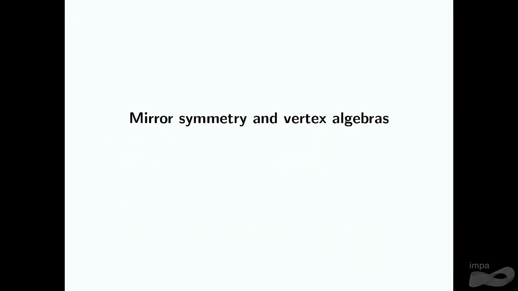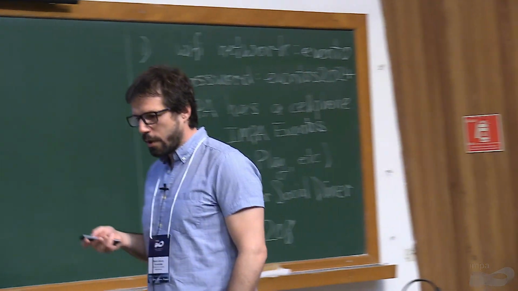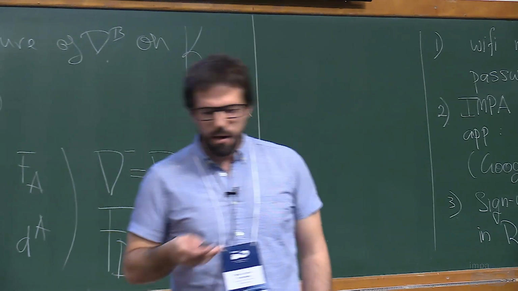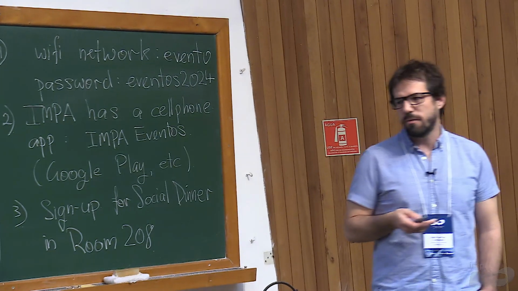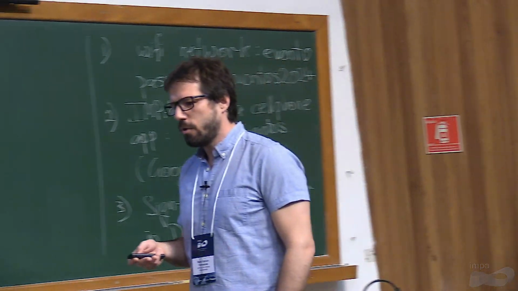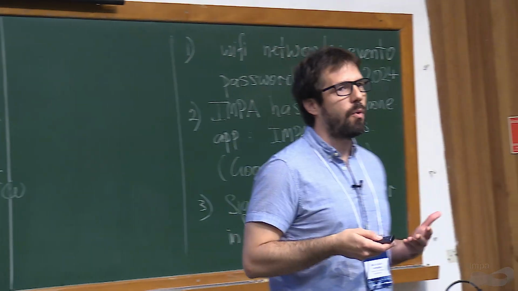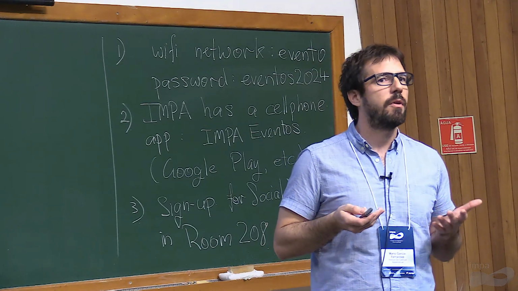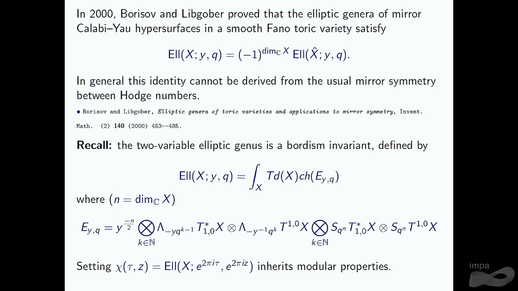And let me tell you what this has to do with mirror symmetry and also with vertex algebras. Okay, so the idea is the following. In a non-Kähler Calabi-Yau, we have very few complex subobjects, maybe very few sheaves. Also, we have no symplectic geometry. So if we want to study mirror symmetry, we need to specify what type of quantities are exchanged under mirror symmetry. Okay? And a nice observation in 2000 by Borisov and Libgober